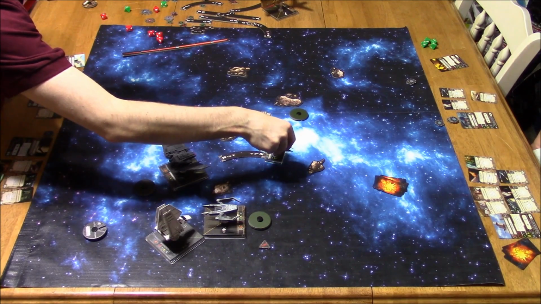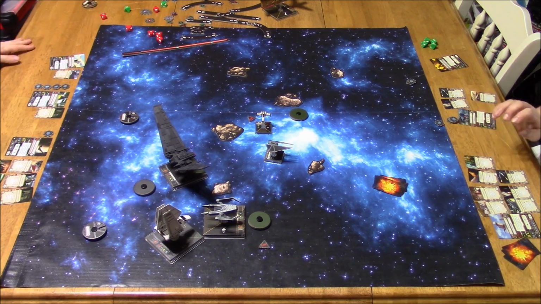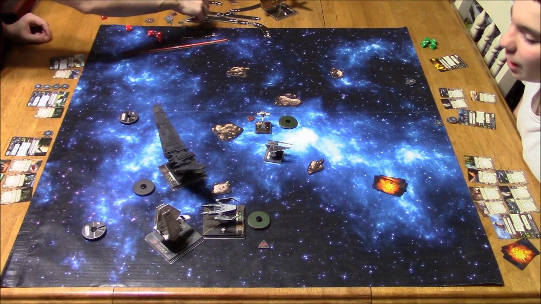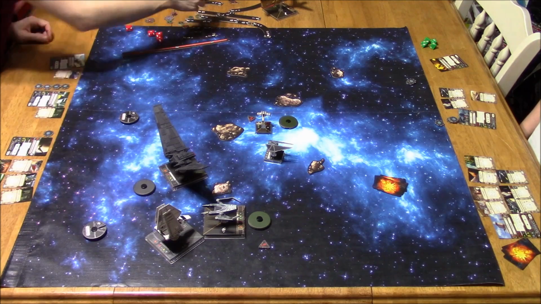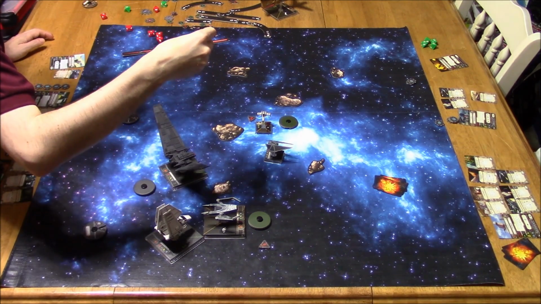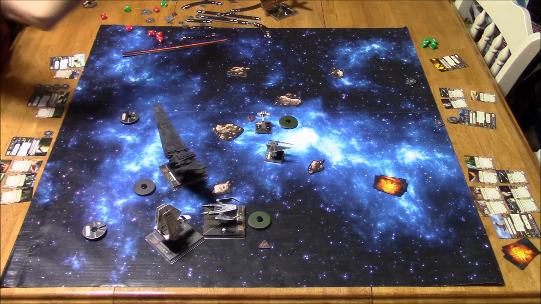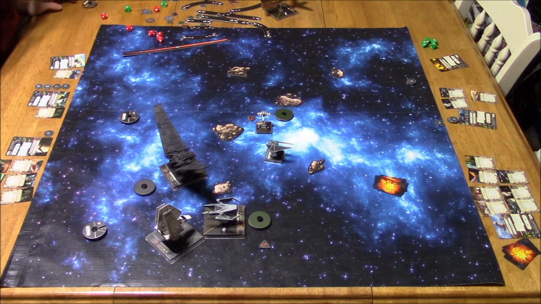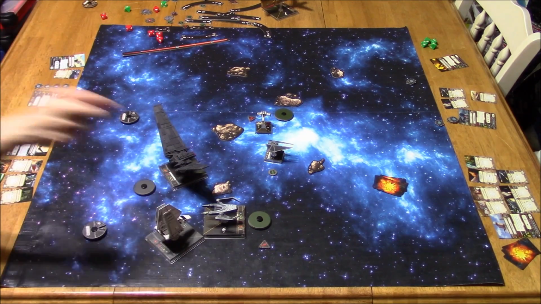My Lambda, I think, went one straight and bumped to clear my stress. And the Striker moved up to try and block the Z95. Taken, what am I doing here? Deciding what action I want to take. I didn't know if I wanted a barrel roll and then one hard turn the next move to set myself up there, or just try and block him. I wasn't exactly sure where my Kylo Ren ship...